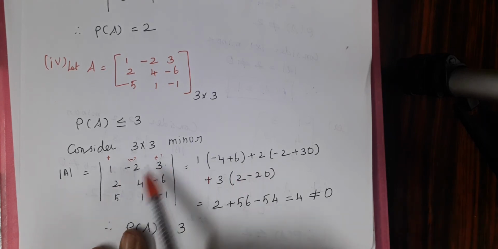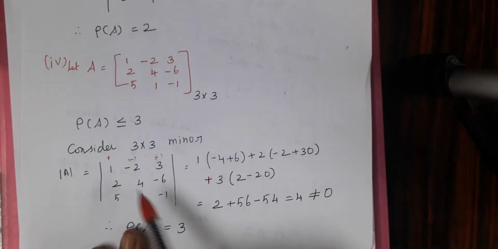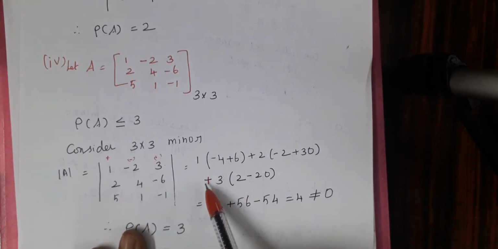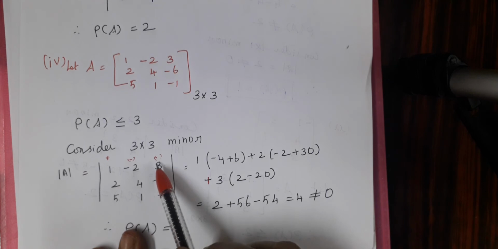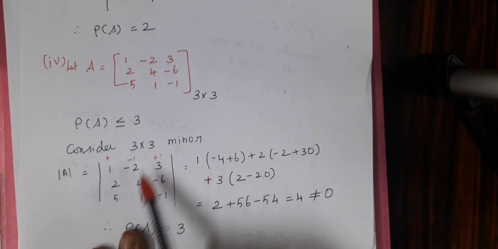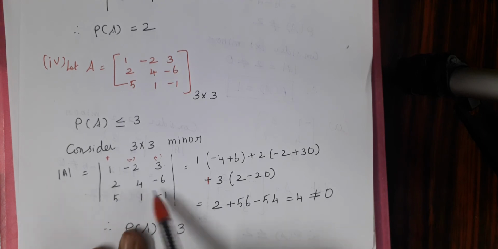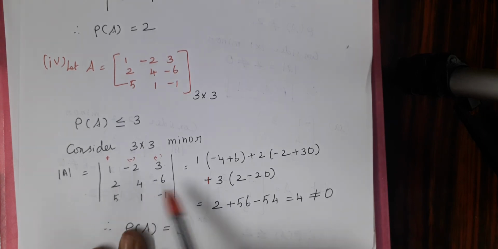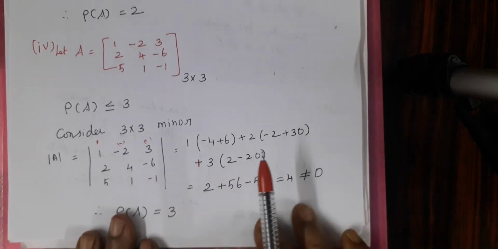That column and row are left out. You find the remaining value product, downward and upward. Again, plus 3 into: wherever the 3 is placed, you leave out that column as well as the row. So that column and the rows are left out, whereas the balances are 2 ones are 2, 5 fours are minus 20.